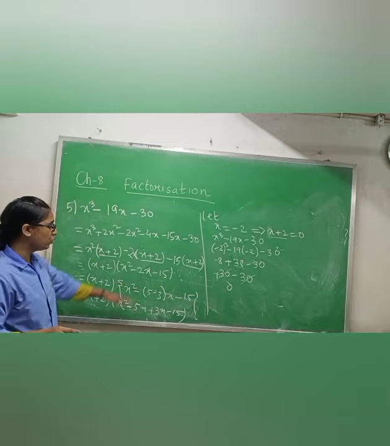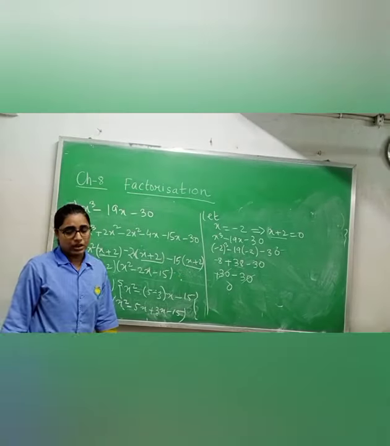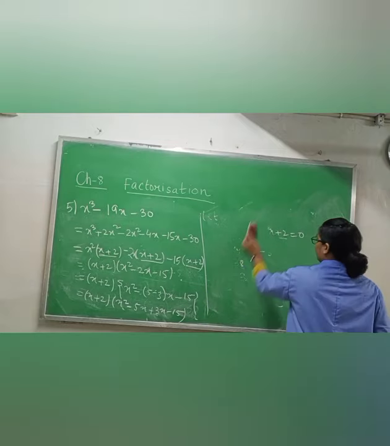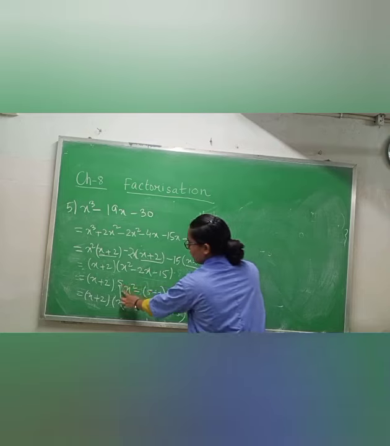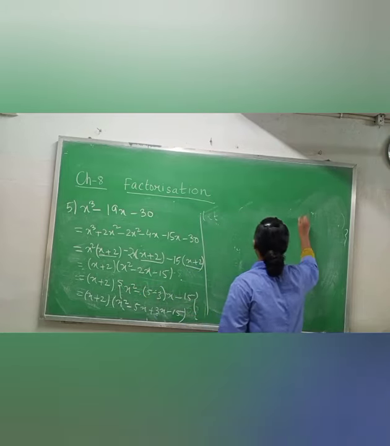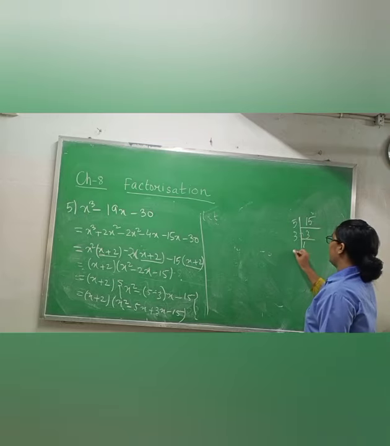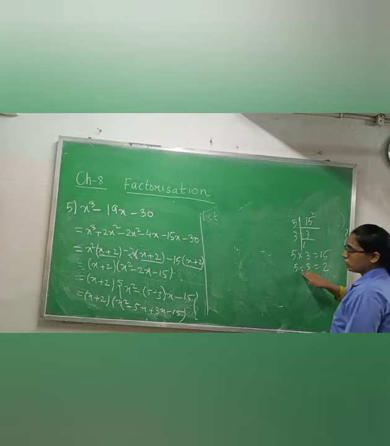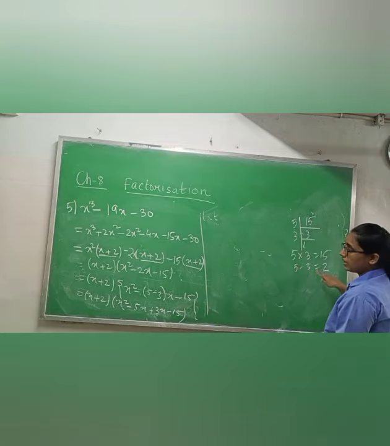Now if it is possible to do middle term, you have to do middle term also. If it is not possible, up to here is your answer. Okay, but in this question it is possible. Now we will take LCM of 15. Why? Because there is no other number, so of course only 15 LCM we can take. 15 LCM will be 5 3s are 15, 3 1s are 3. Means 5 into 3 you will get 15, and 5 minus 3 you will get 2. Why am I doing subtraction? Because here we have subtraction sign. And 5 minus 3 I must get 2.